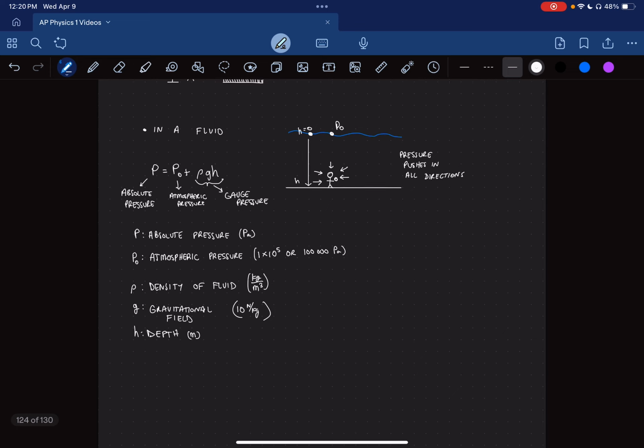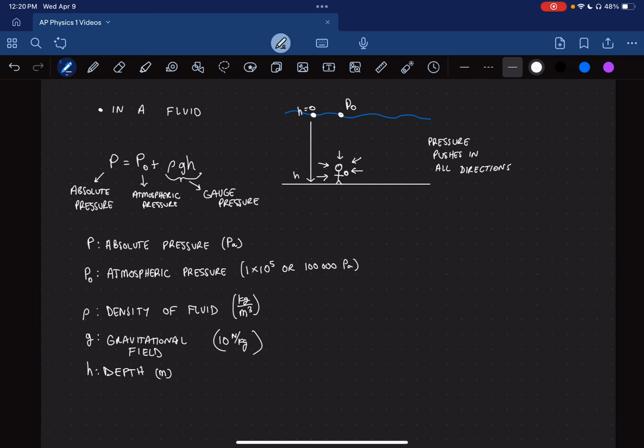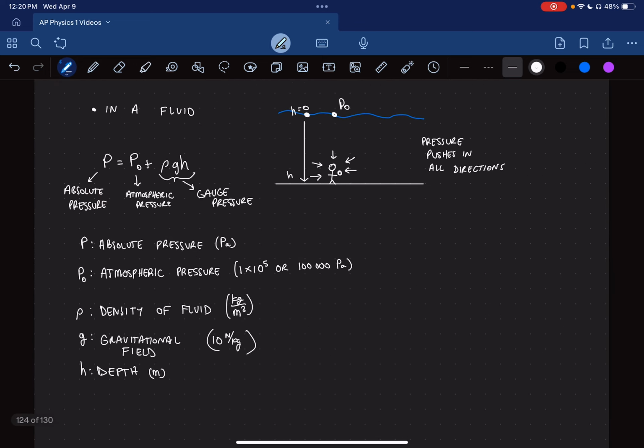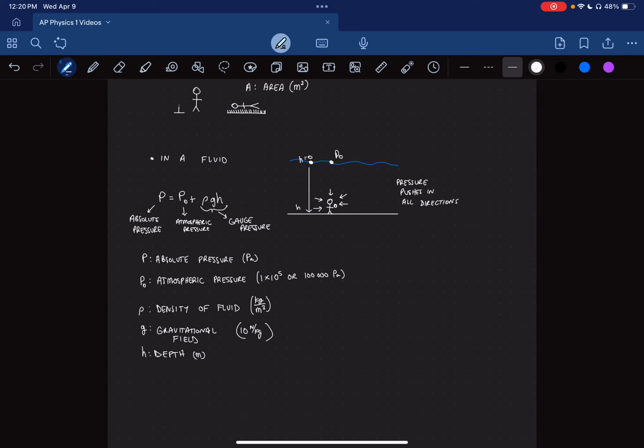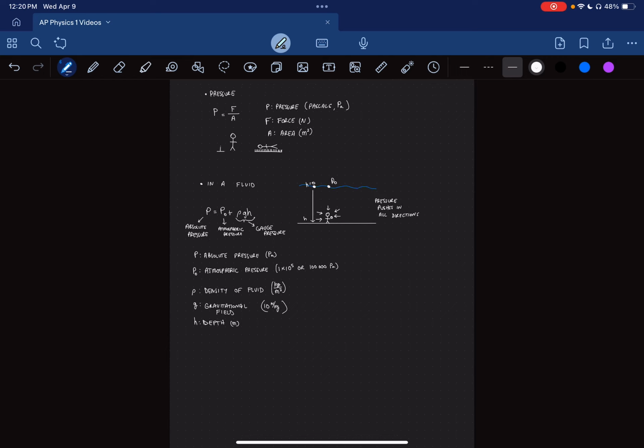Cool. I guess what I was going to say was, whenever you're solving a problem, are they asking for gauge pressure or absolute pressure? Typically, but not always, we're asking about absolute pressure there. Okay, I think that's